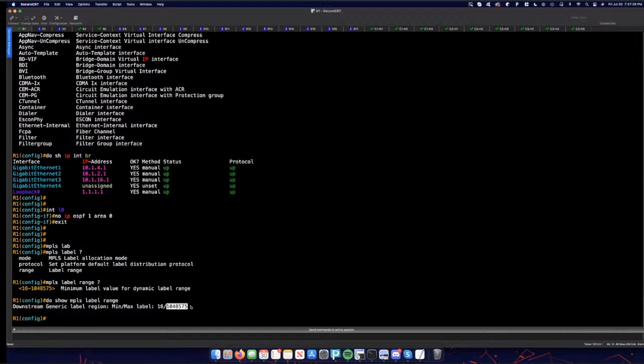But in a lab, you're likely not going to need that many labels. The way it works is for every route that it's going to make a label for, it counts up, it increments in that label range, and it's just going to assign a label to every single route. You probably don't need that many labels, so you can repurpose the labels to mean something useful, which is